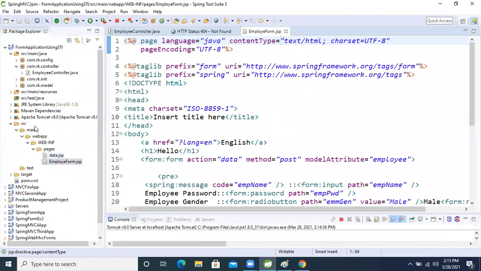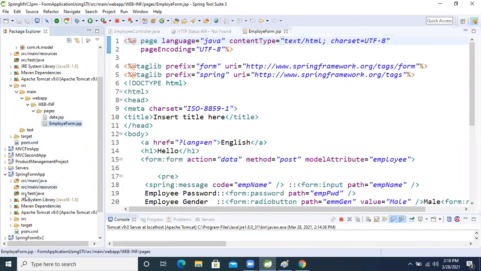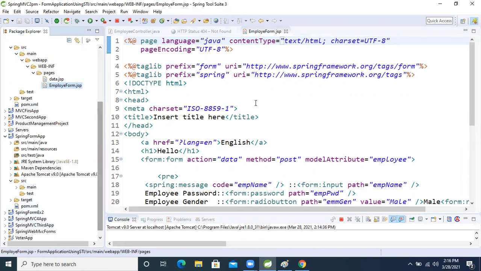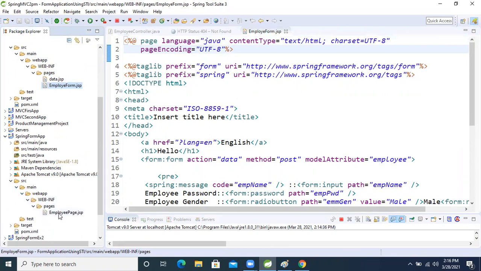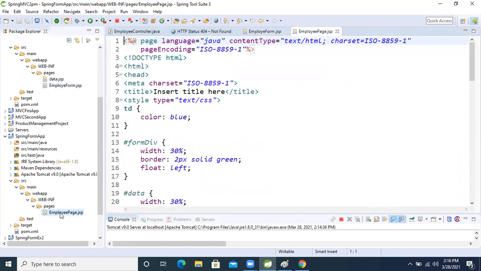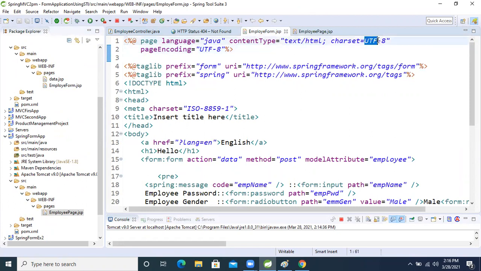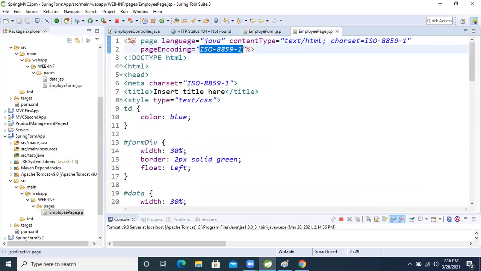Something is off, actually since morning. One minute, I will tell you why it's giving this. I changed the character encoding to UTF-8, and because of that I think I'm facing this issue. Don't worry, when we reach that point I will tell you why I wrote it. So let's change it, I need to change it back. When I explain internationalization, at that time I will explain again, okay?